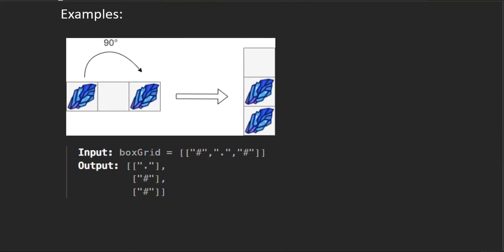So here we are given this. We have two stones and one empty box. So when we flip it 90-degree, this will not move because it is lying on the box edge. But this stone will come here, due to the gravity. So after shifting it will look like one stone, two stone, and then the empty box here. So this stone will be shifted here, right?